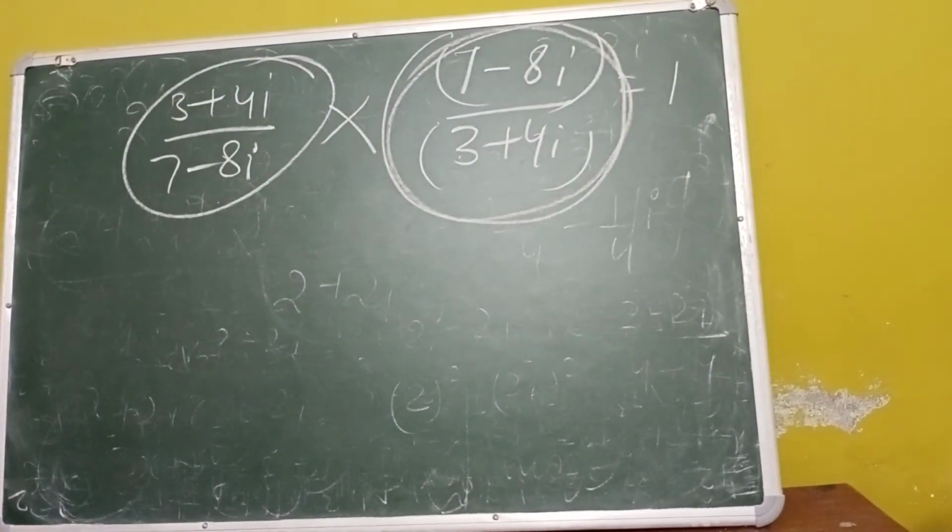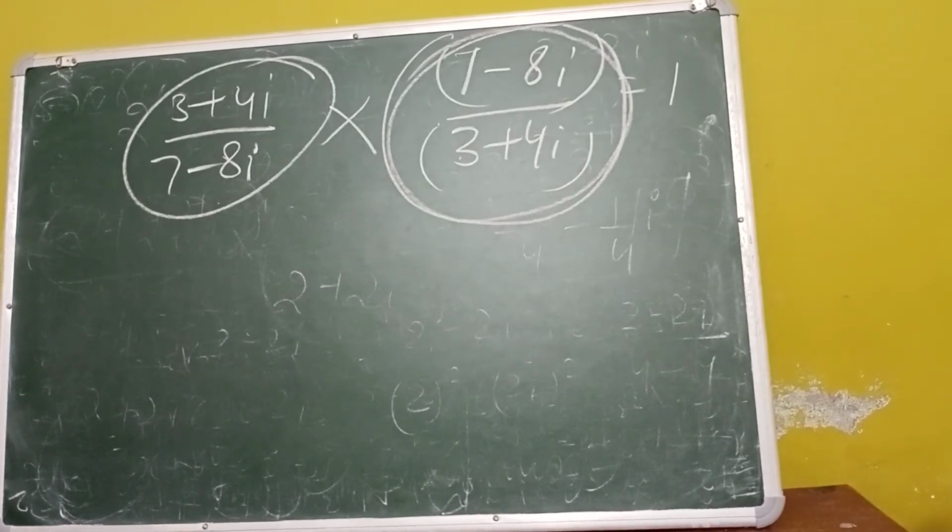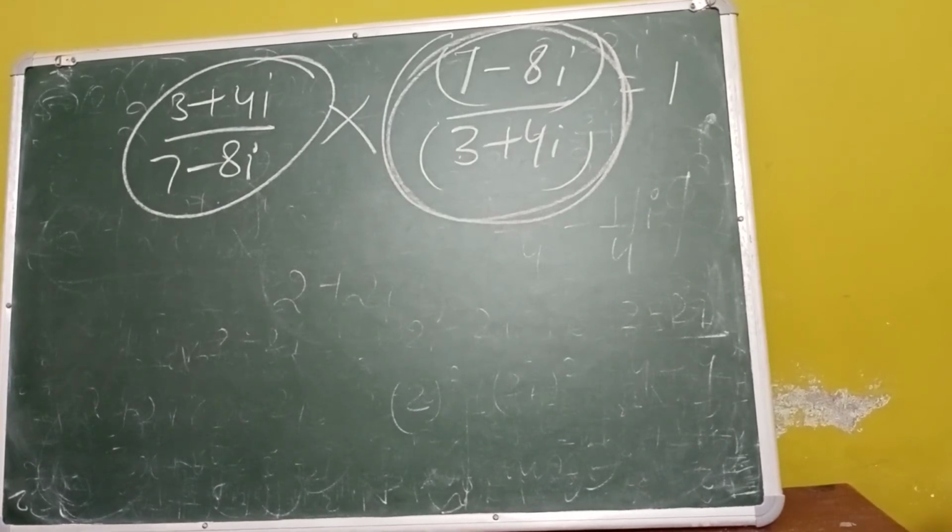But the point is, we have to solve it further so that the denominator is not a complex number. The denominator should not be in complex form. So we can apply the conjugate of the denominator. We will multiply with 3 minus 4i in numerator and denominator. So the denominator will be solved into a number only, that should not be a complex number.